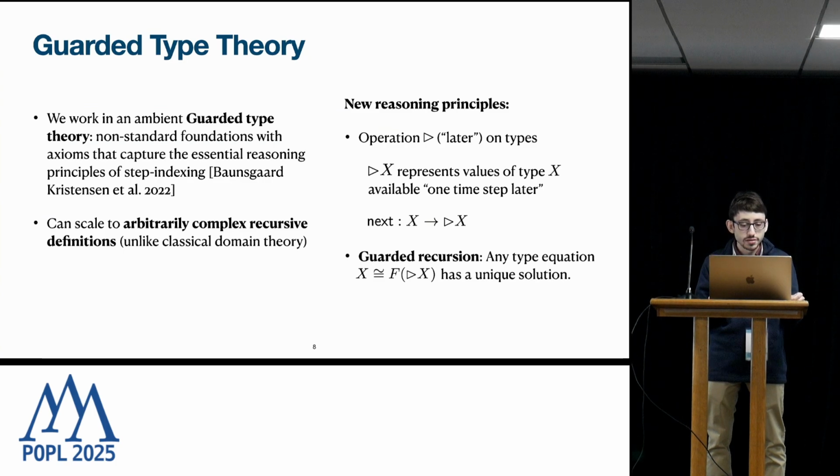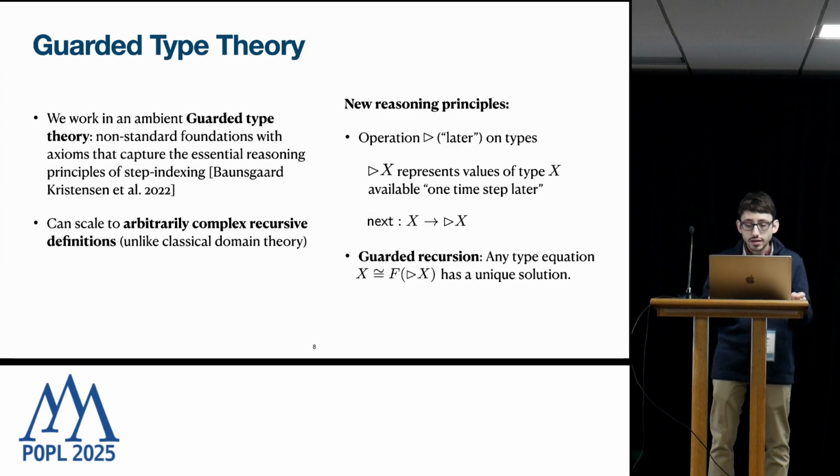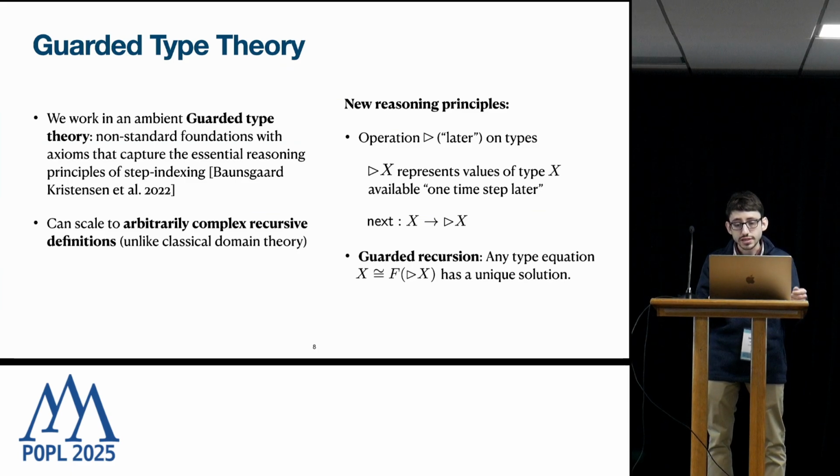This says that whenever we have a recursive type equation where the variable x is guarded by a later, we can actually solve it uniquely. And so this is the key, the distillation of the reasoning principles that step indexing gives us as axioms